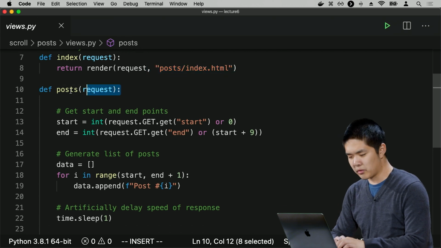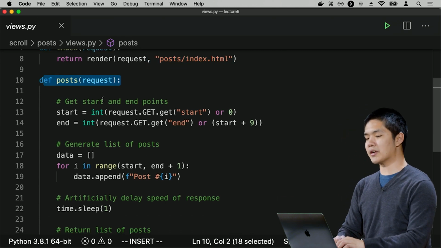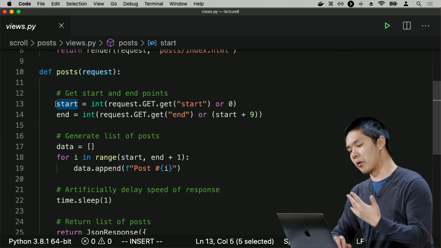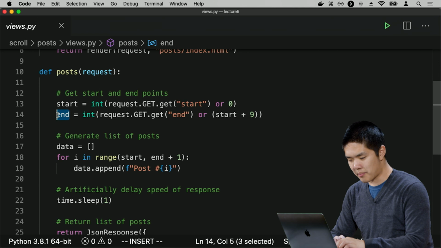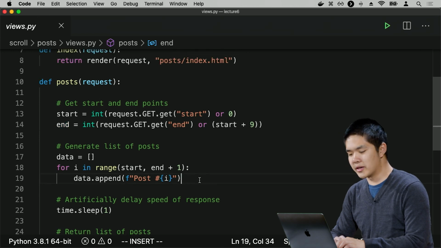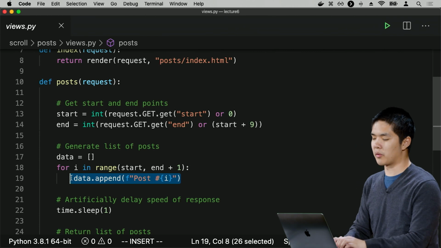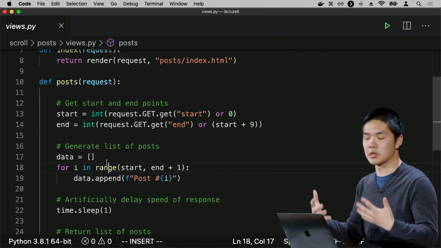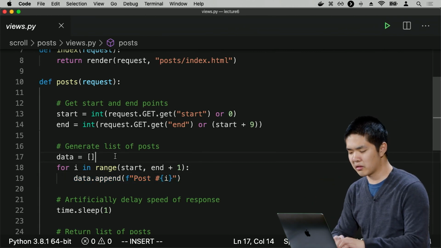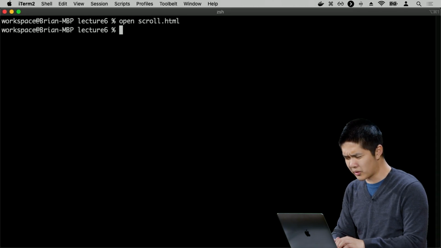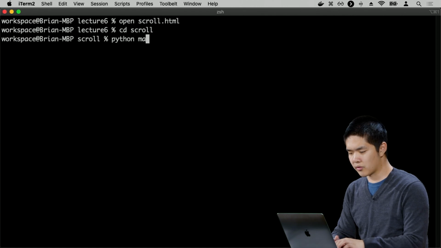And if I make a request to /posts, I need to provide two arguments. I need to provide a start for what post I want to start with, and an end for what post I want to end with. And then it's just going to generate some sample posts that just say post number 1, post number 2, and so on and so forth. In practice, you could actually use social network posts in place of this, but this is good just for demonstration purposes. So what this is going to do, if I go into Scroll and run the server,